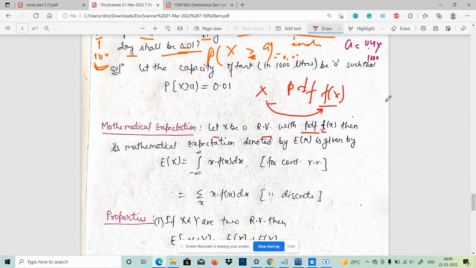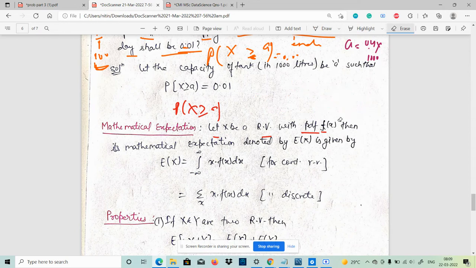Yesterday I told you that if you plot the curve of the probability density function, any particular probability, let's say probability x greater than or equal to a, is nothing but the area under the curve in this particular region. Okay, so this will be there, and once you study the normal distributions.